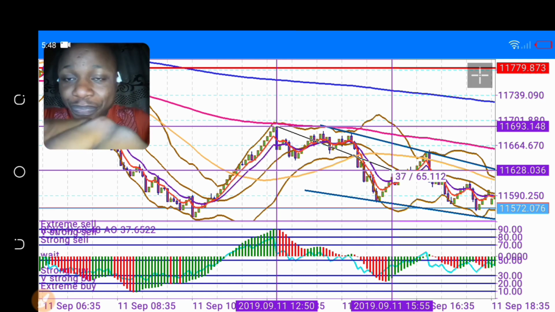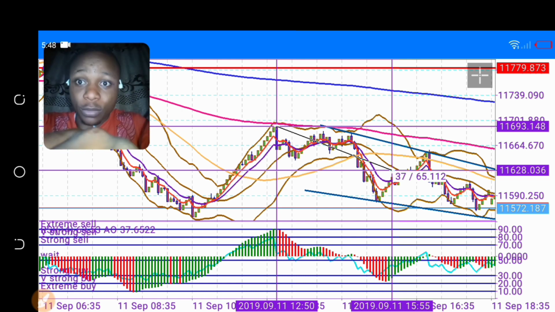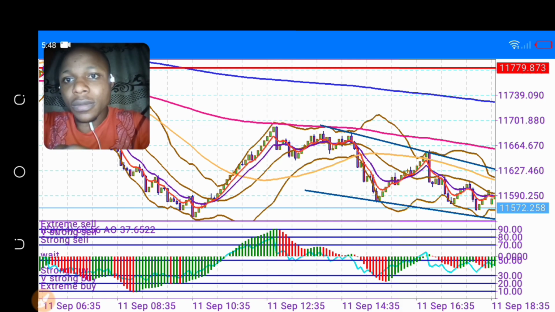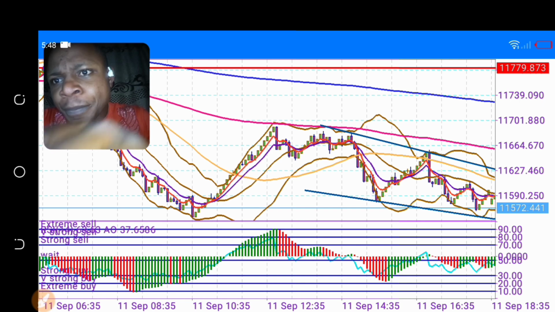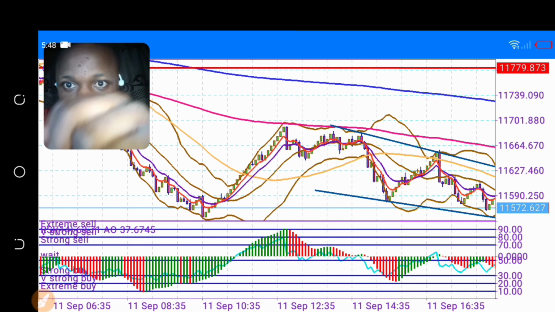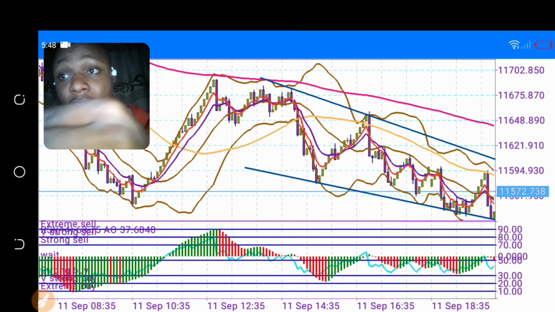So that's that about how to calculate pips. I'll be rounding up very soon on how to detect spikes. Now we are talking about how to use moving averages. Basically, you can't solely depend on moving averages. Sometimes you have to do